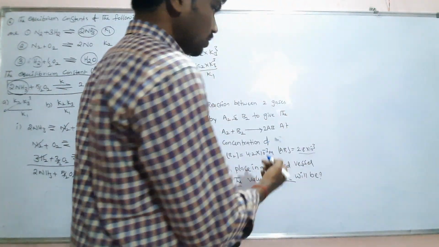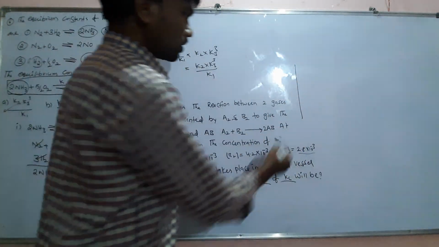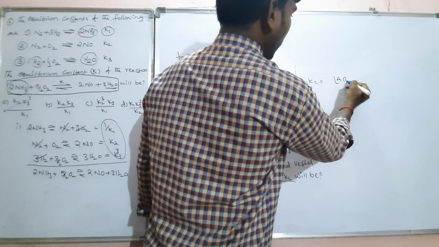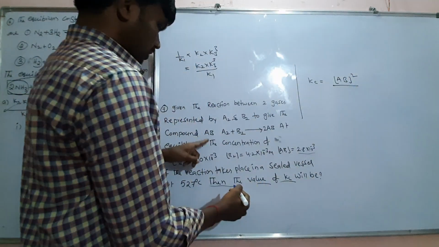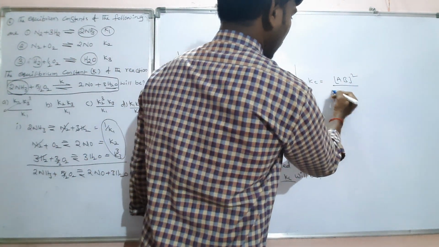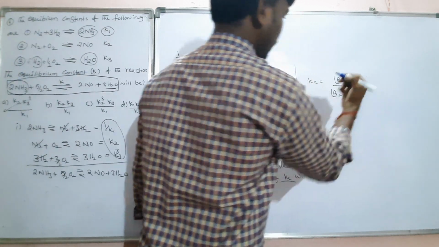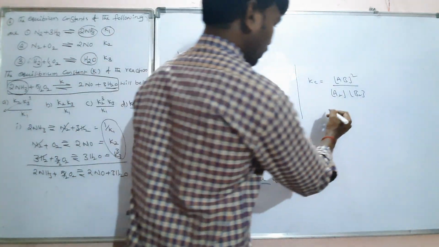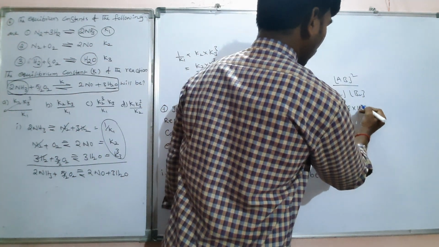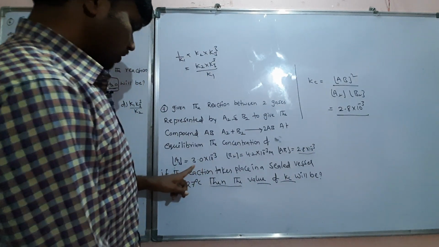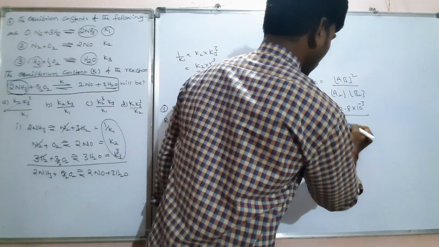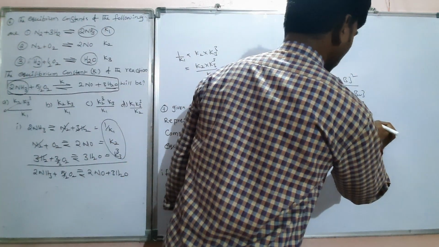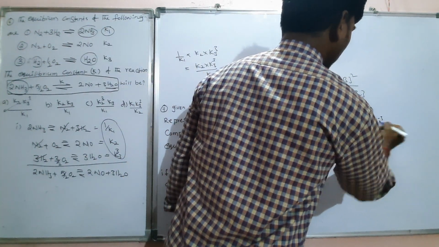Okay. So here I am taking the equilibrium constant. So Kc is equal to AB to the power of 2, product concentration upon reactant concentration. A2 concentration and B2 concentration we have to write. So what is AB concentration here? AB concentration is 2.8 into 10 to the power of minus 3. So 2.8 into 10 to the power of minus 3 upon A2 concentration, how much? 3.0 into 10 to the power of minus 3 will come. So then what is the concentration of this? 4.2 into 10 to the power of minus 3 will come.